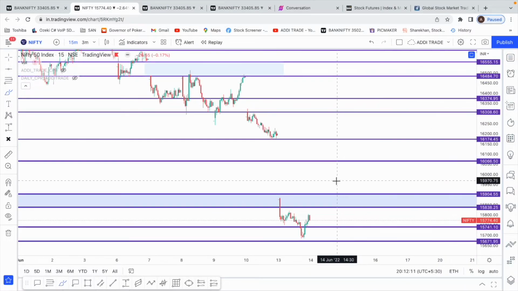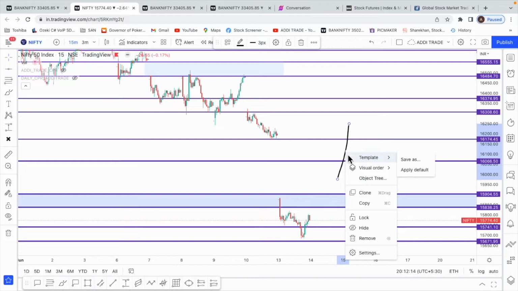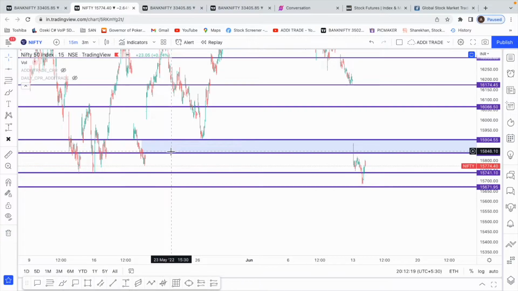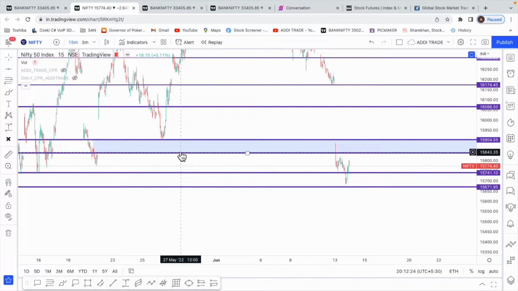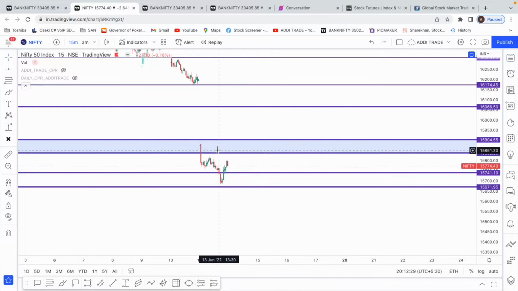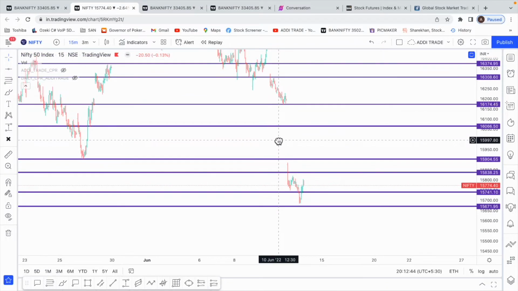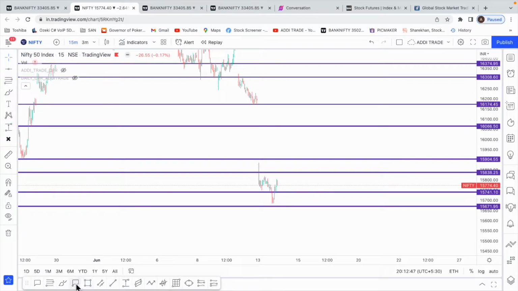So this is the Nifty 15-minute chart that I've opened. See, there was a gap that was pending, which I had shared even in my analysis yesterday, between 15,840 and 15,900. We opened in the gap and kind of filled the gap and broke, and now we have created a huge gap on the upside in Nifty, almost like the 340 point gap down that we had today. So I can go ahead and remove this and place this gap over here.